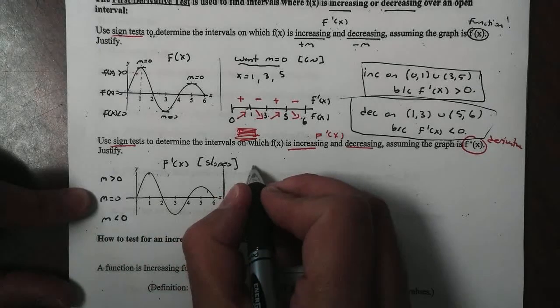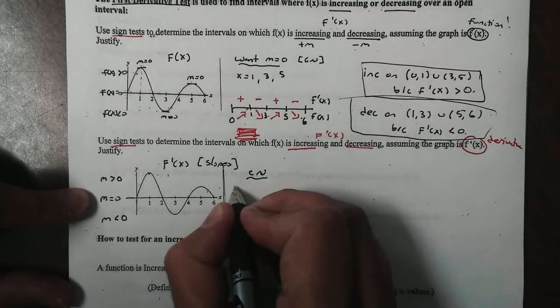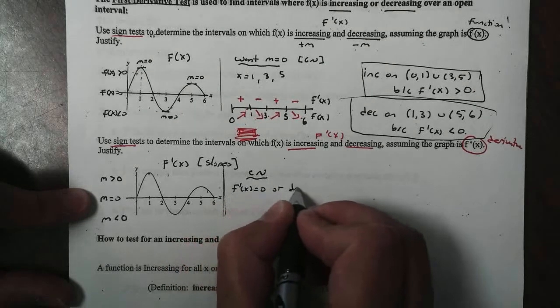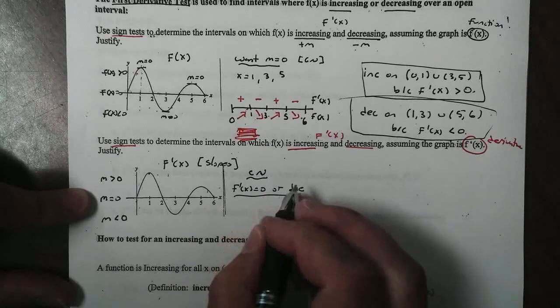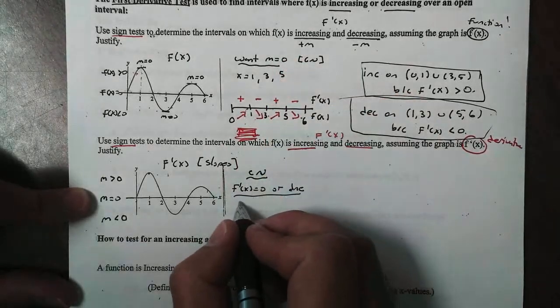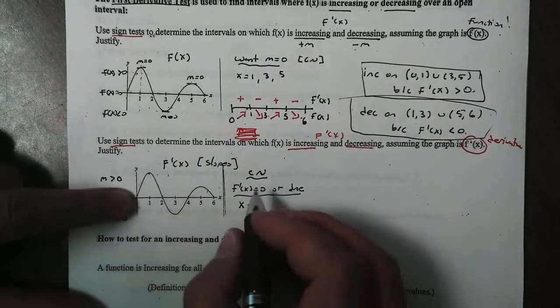So when I'm looking for my critical numbers, remember, this is where the derivative or the slope is 0 or DNE. We should always write down DNE here. I didn't do it there, but we can include it down here. Where is the slope equal to 0? I can look at my x-axis. It looks to be at 0,